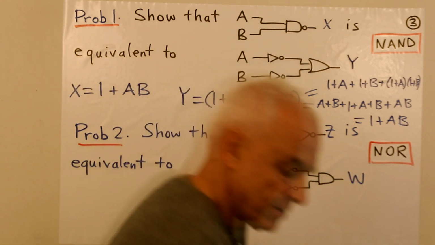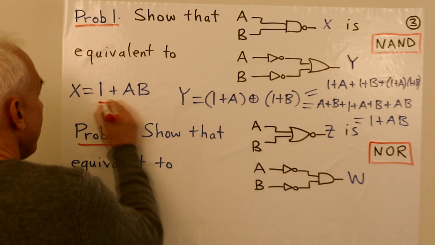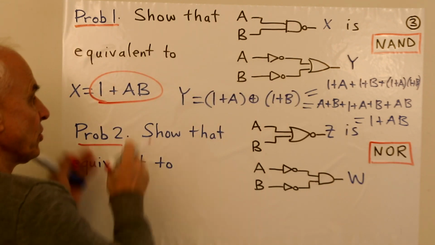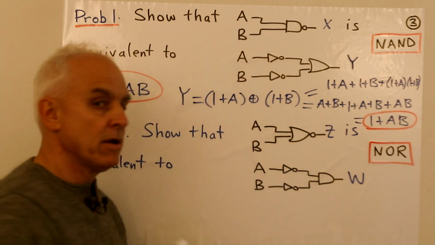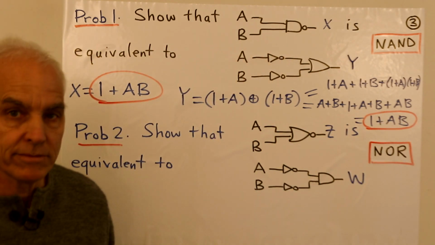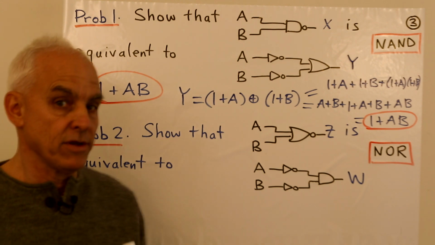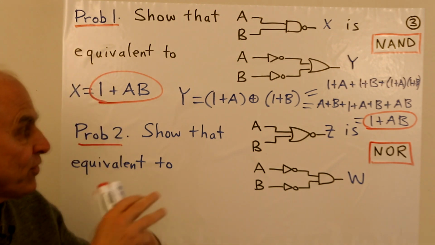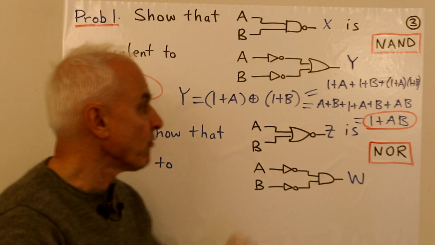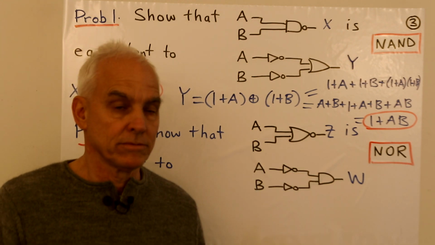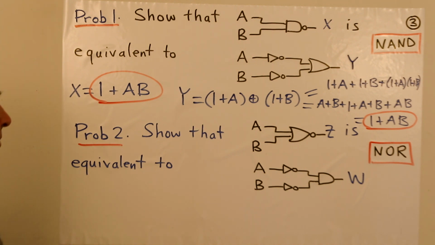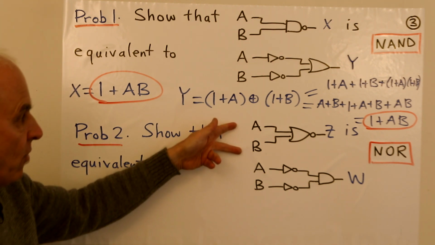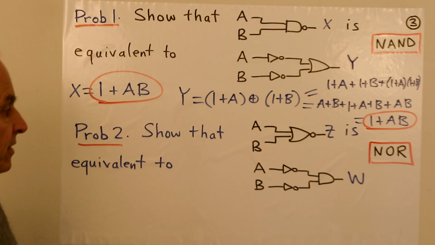So yes, indeed, the circuit X and the circuit Y have the same Boole polynumbers. We've determined that just by doing this year 9 kind of algebra with this simplifying rule that 2 of anything is 0. And we get the same polynumbers so that the circuits are equivalent. Problem 2, show that this one is equivalent to this one.